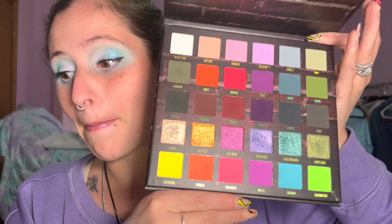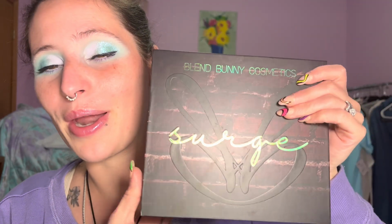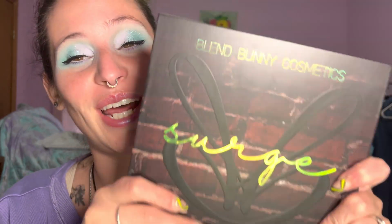So that was my number 1 palette. Check out May to see where it ranks in May, because I have already used it and it is my companion palette, so it will be being used